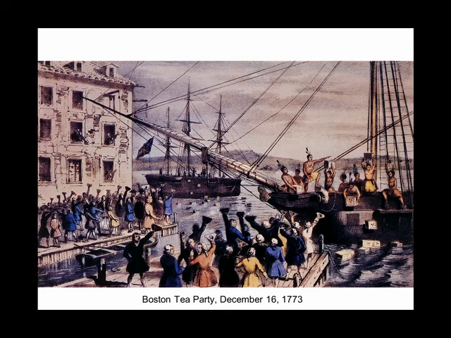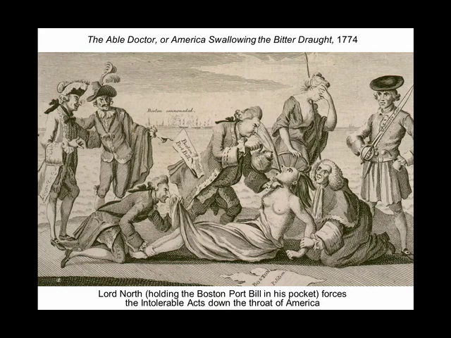There are some ships full of tea in Boston Harbor. They can't be unloaded until somebody pays the tax on them. That's refused. The ships aren't going to go anywhere until they're unloaded, so they sit. And this standoff leads to the Boston Tea Party, where the Sons of Liberty go onto the ships and toss the tea. And the response to the Boston Tea Party is that Parliament finally loses patience with Boston and Massachusetts in particular, and acts strongly.